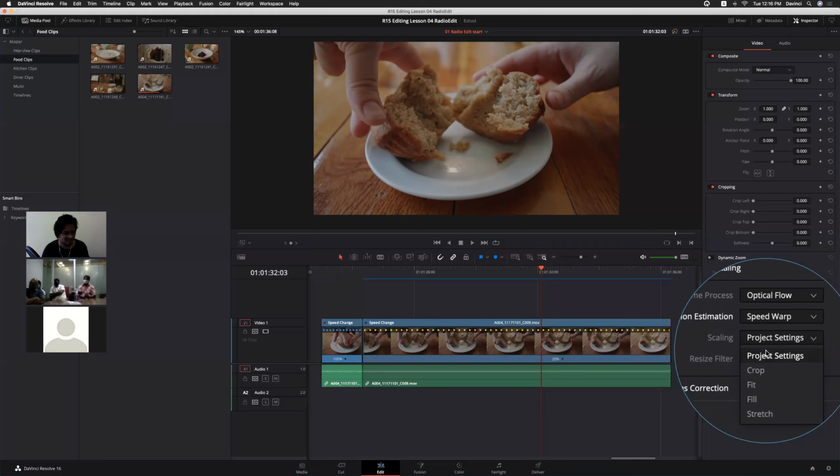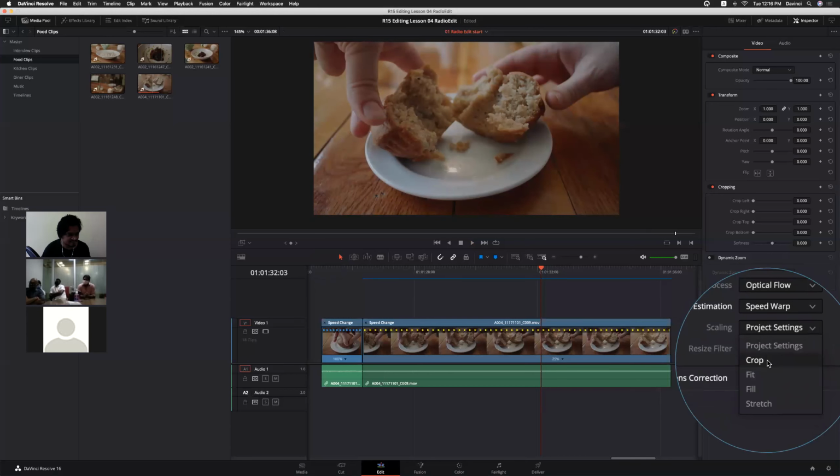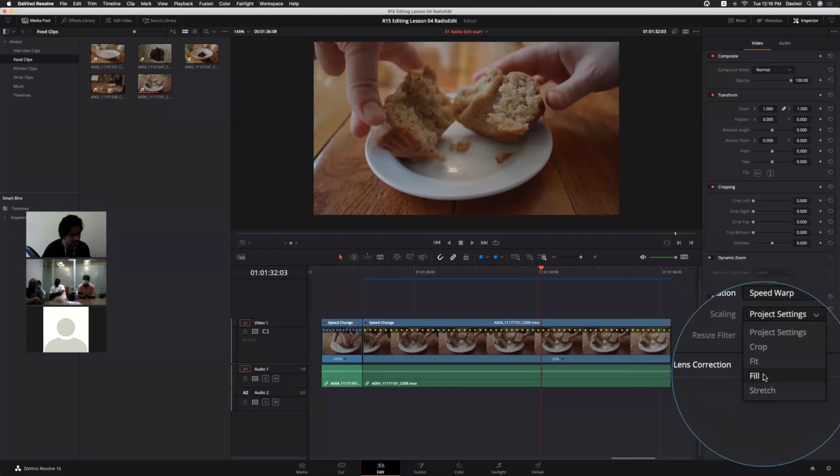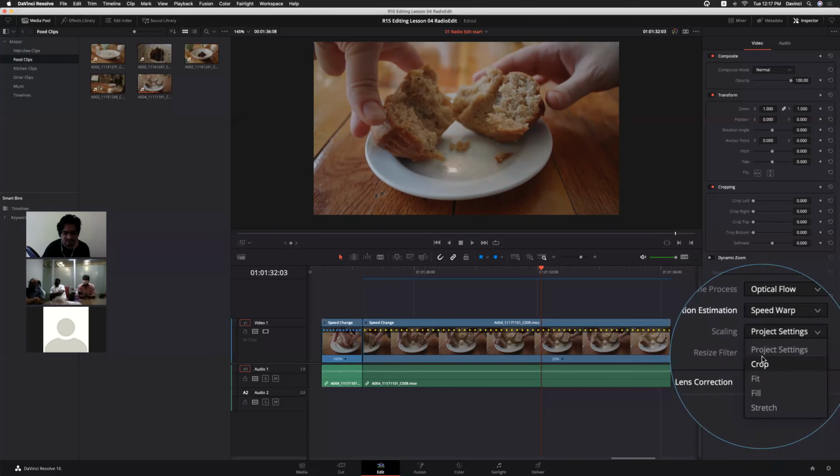We'll use that option in FCP7 to match the canvas size. Scale to sequence or conform to sequence, I don't remember exactly. These options are related to that. So it will automatically resize the image to fit into the canvas, or if you want to stretch, if you want to fill, right?